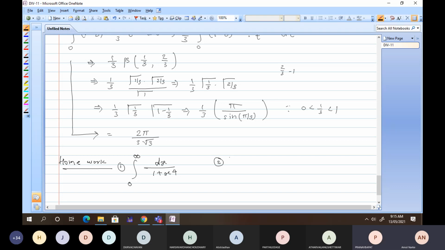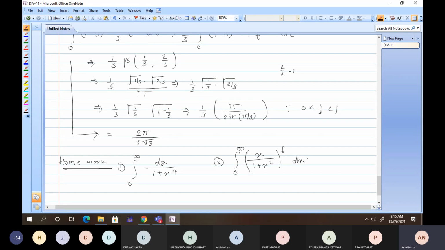Yes, x square equal to tan theta. Why tan theta? Why not sine square, cos square? Why only tan? Because 1 plus tan square theta is sec square theta, and sec square theta comes in the denominator. So 1 upon sec square is cos square. So you will get something in terms of cos square. If you get cos square, you can write sine raised to 0 and cos, something like that. So that is why this substitution works into dx.